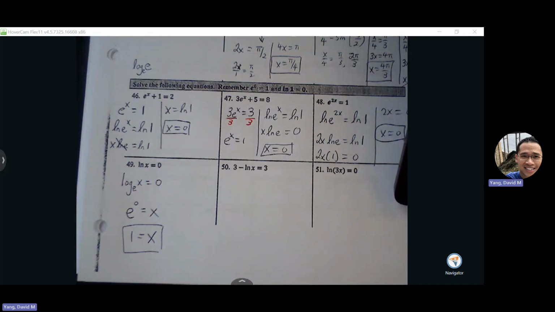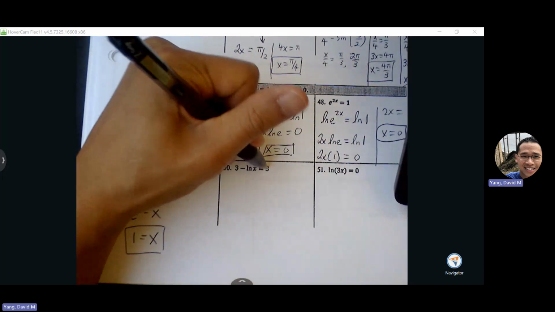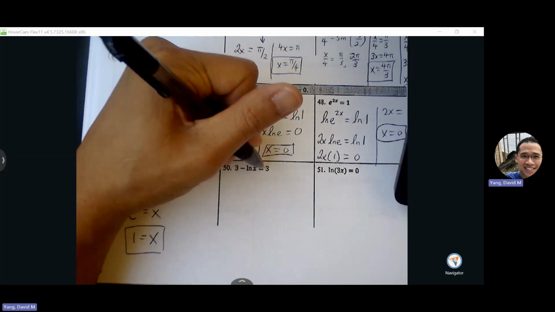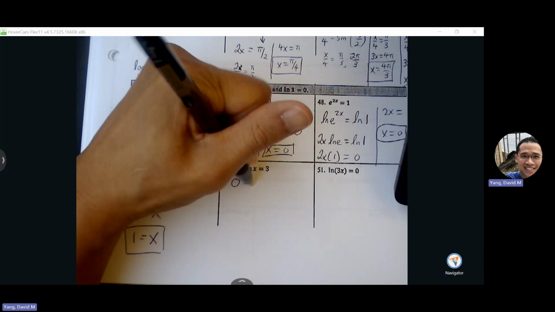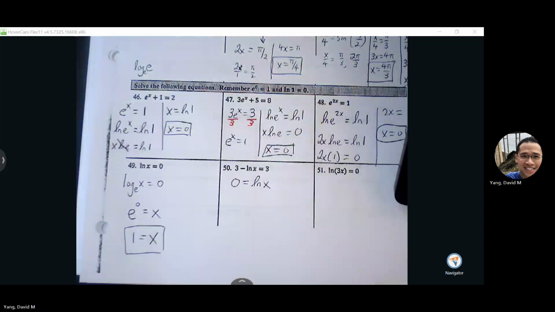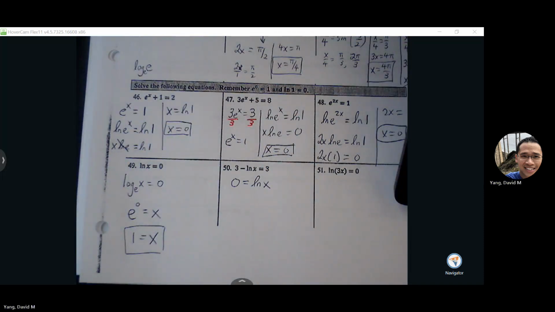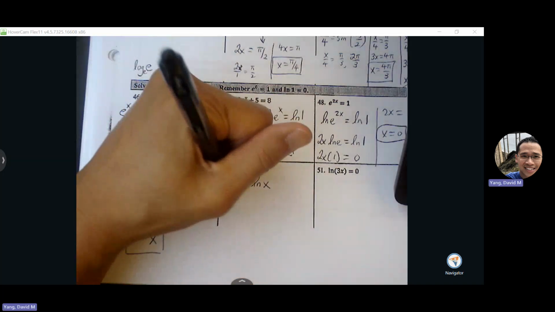So we've solved for x equals 1. Okay, 50, I'm going to add and subtract in a way where I can get natural log of x by itself and then see what we can do next. So I'm going to subtract 3 from the right side to the left side. 3 minus 3 is 0. I'll move that minus natural log of x to positive natural log of x. x is going to be equal to 1,